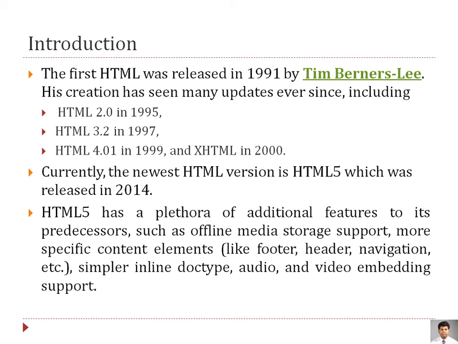After this, HTML was somewhat extended. We call it XHTML, which was introduced in 2000. We don't go into detail, but this is a combination of XML and HTML, an extension of HTML. So that was in 2000, and in 2014 a new version came into existence. We call it HTML5. Now, what exactly is HTML5? Basically 148 tags have been added. I will be sharing the 48 tags with you.